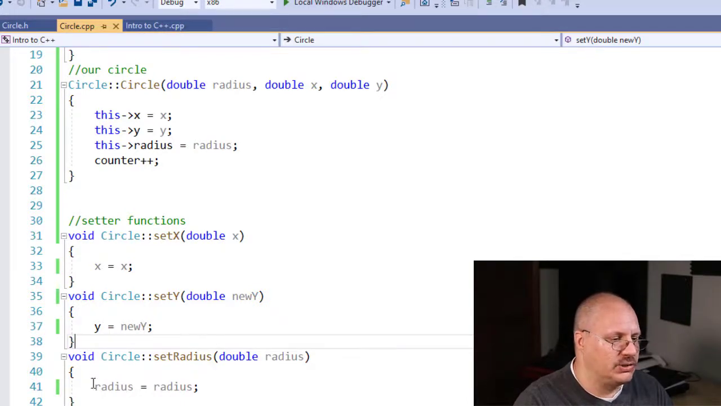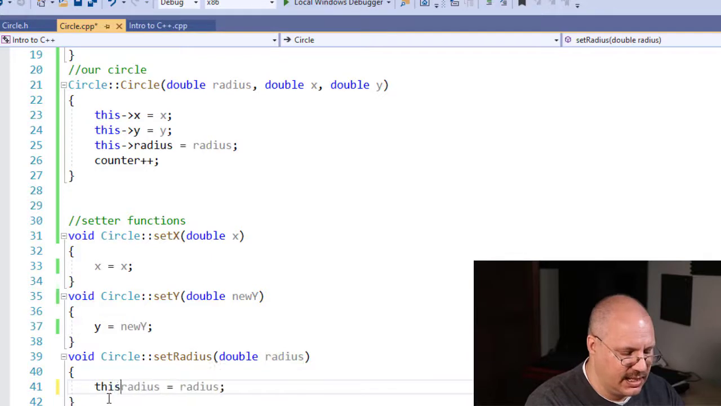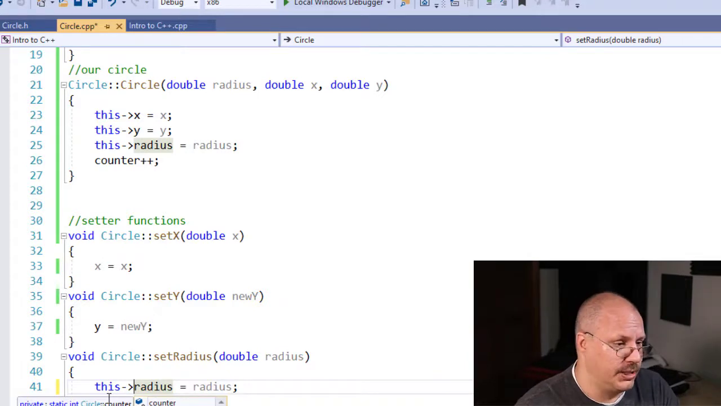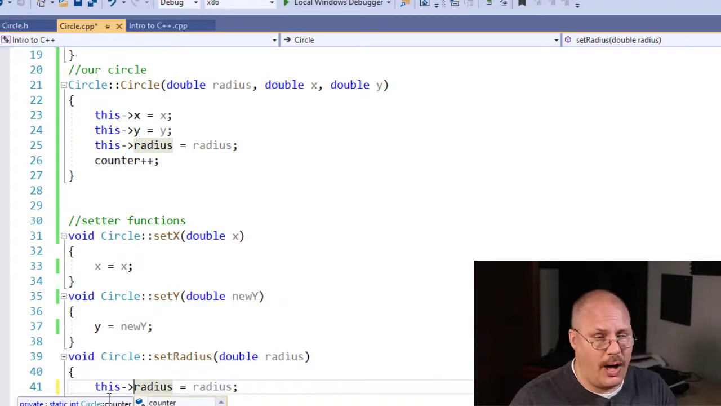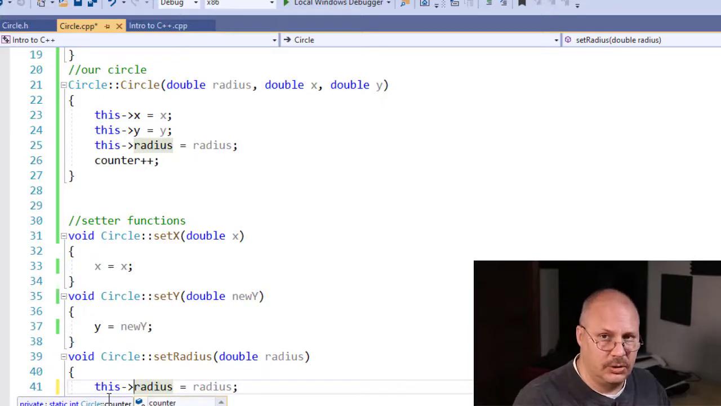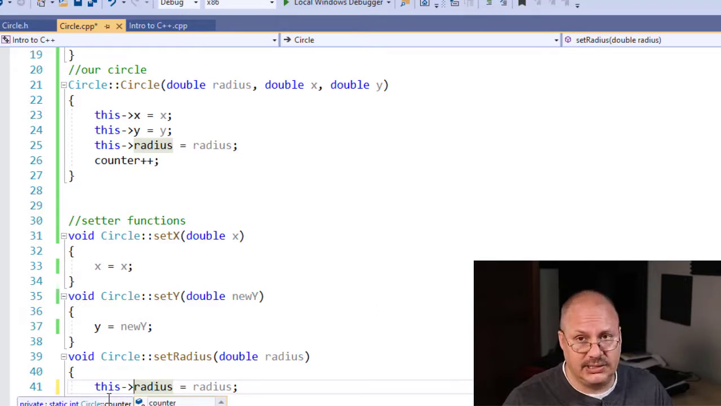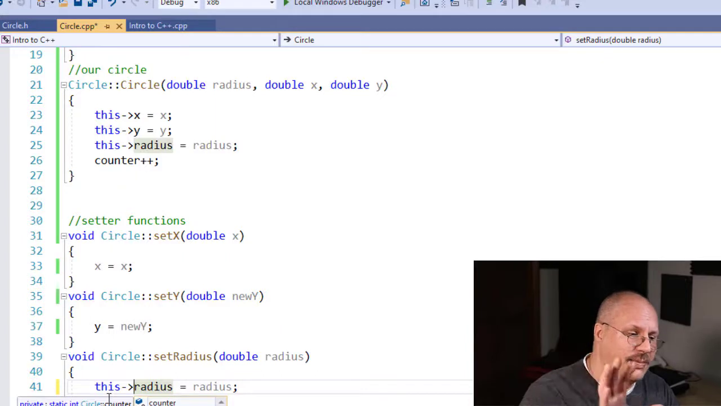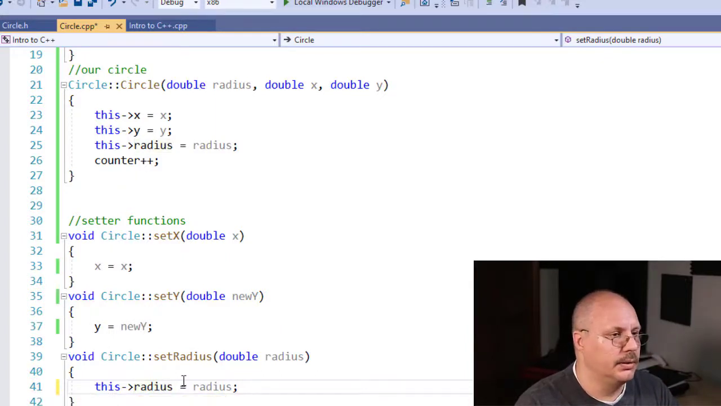Well, that's with a reference called this. That is, I'm going to write this with an arrow, just as if I was using a reference to an object. And now I'm saying, okay, I'm talking about the radius of this object. Which object? The one that we're in. So now radius, when I just specified radius, that's my parameter, and that's going to be set to the property of my object. If I go and run this,